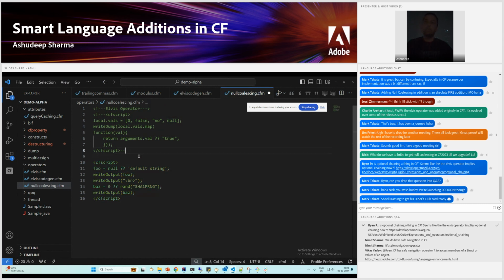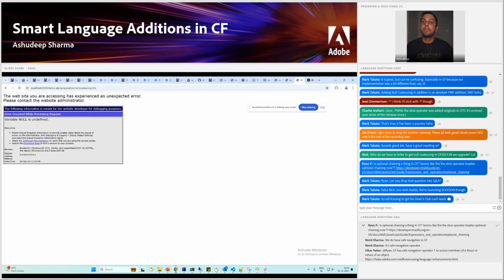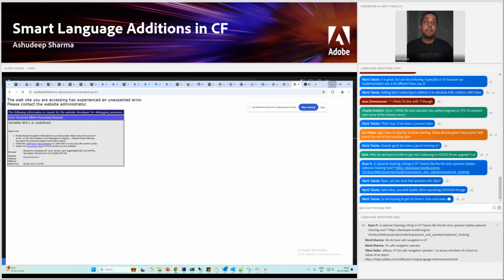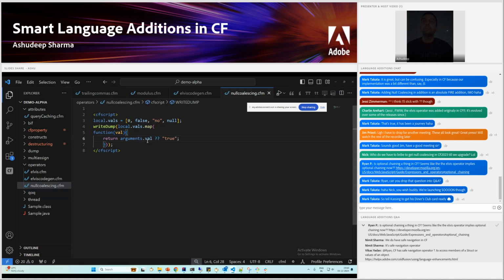The other thing that we can do is, we are seeing the behavior of this. Let's see what it prints right now. Variable null is undefined, because I have not used